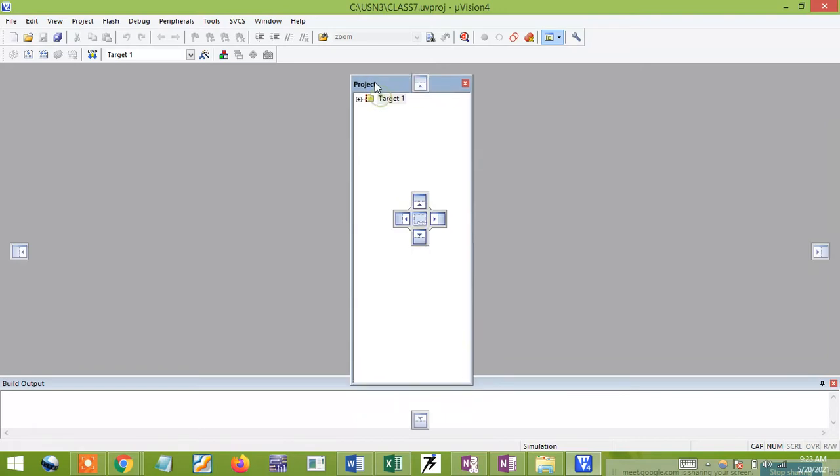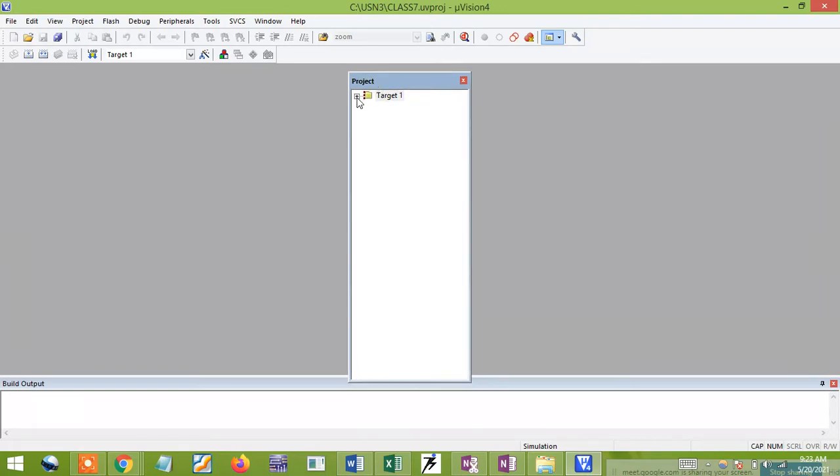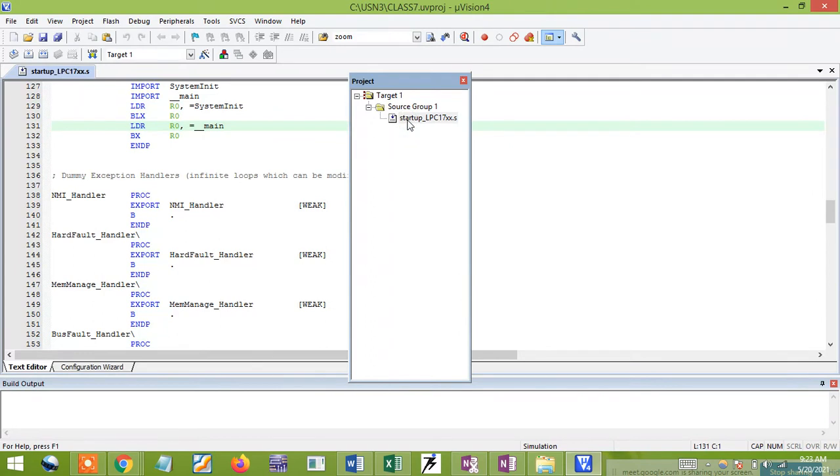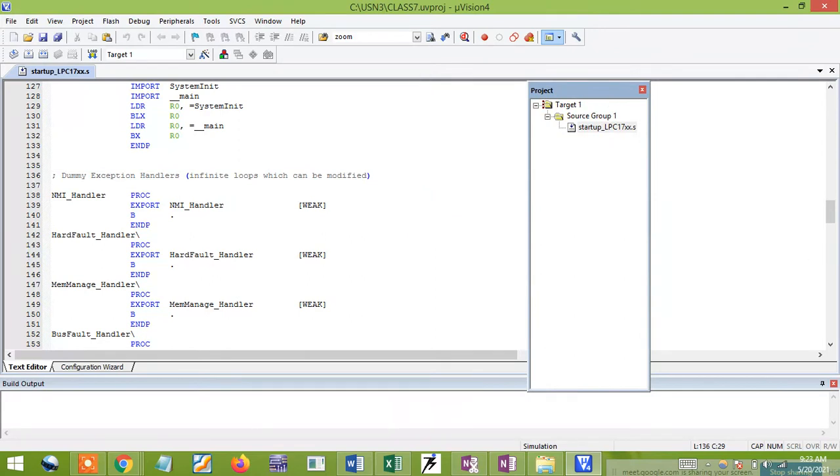Now you can see in the project window you have a check mark. Just click on this plus, next plus. You can see this is my startup file. Just double click on this startup file. So what are the lines I need to edit? What are the line numbers?